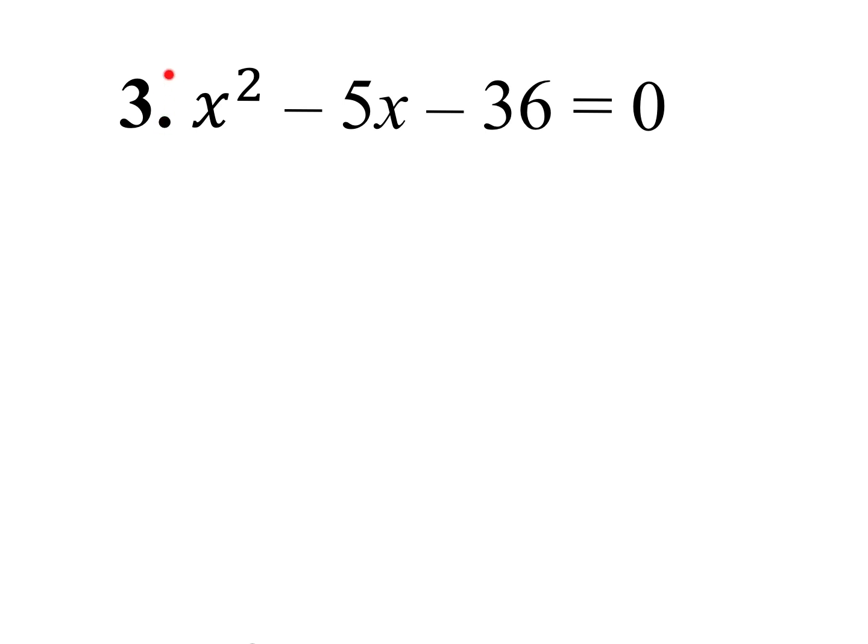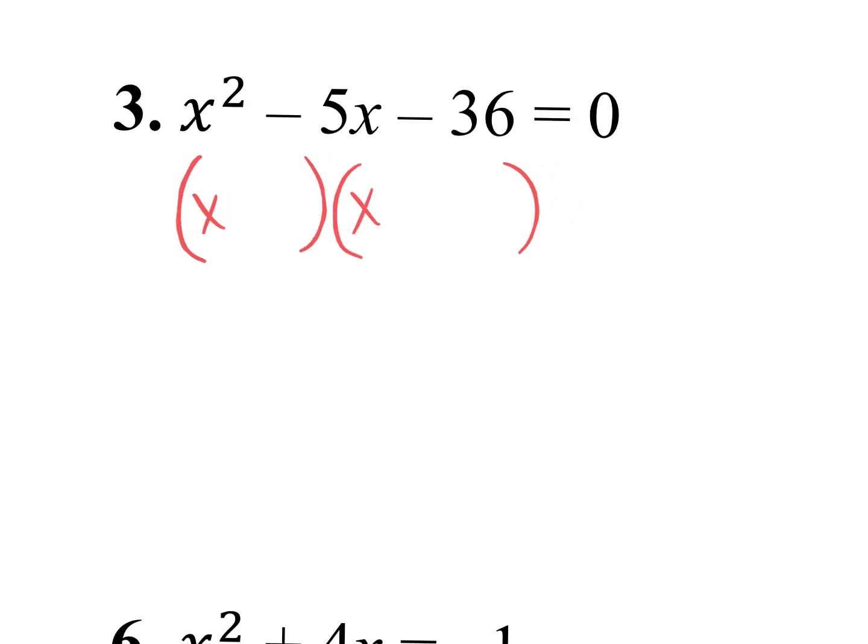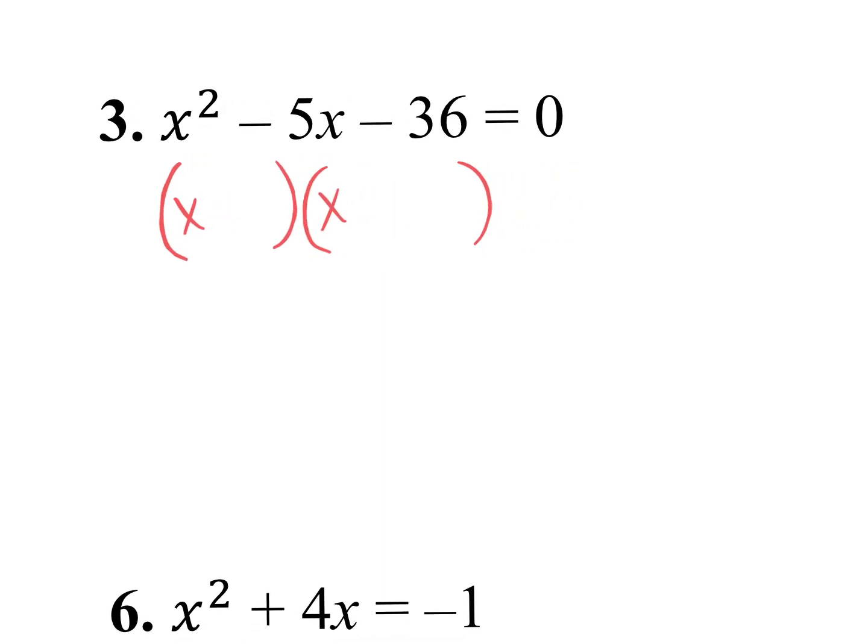Right here, the a value is 1. So whenever your a value is 1, you could at least attempt to factor by writing a binomial times a binomial and putting x right there and x right there. And I hope we remember the process of factoring a quadratic trinomial when there's no number in front. You set this up, and then you think, what times what is c, that if you combine together is b, and you might want to make a list, right? How could you get